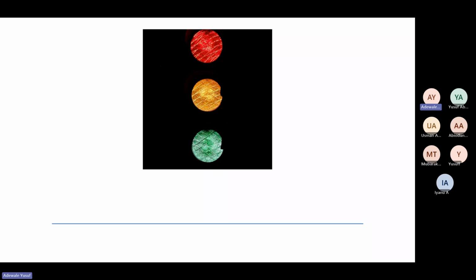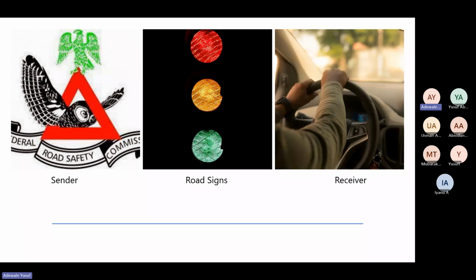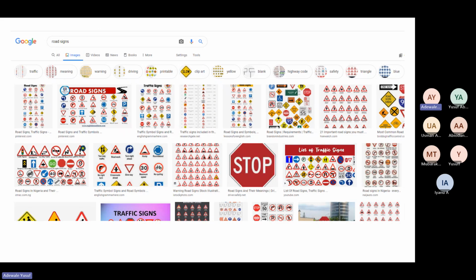And this same approach should be applied to visualization. Because what it means is that anytime I'm looking at your dashboard and I can see green somewhere in the dashboard, I know something is good, we are doing well. Anytime I'm seeing red, like a negative, I know something is off, right? The road safety authorities are the ones that set this standard. And every driver on the road must make sure they take note of this. And this is a one-way communication that is very easy. I'm sure if you go to Google and also type road signs, you see that the designs are all the same all over the world.